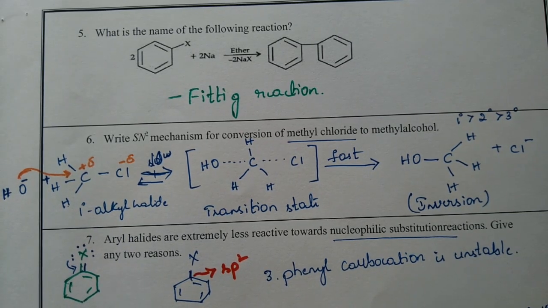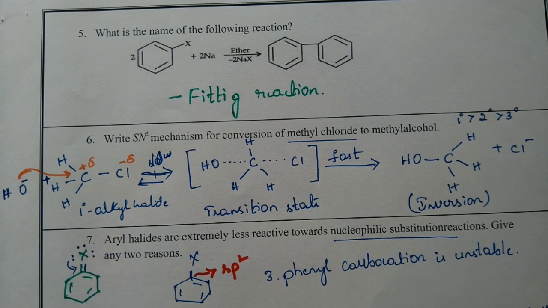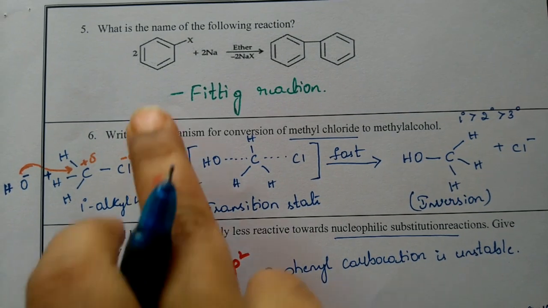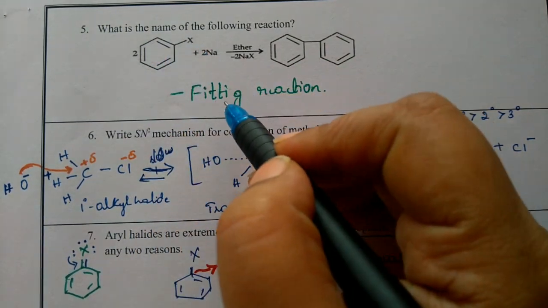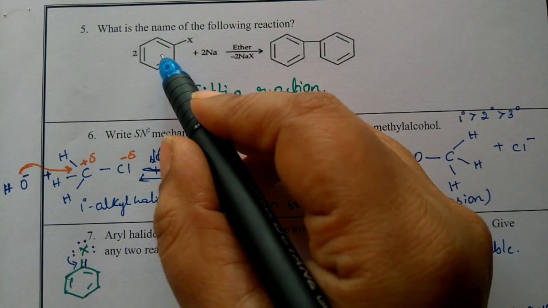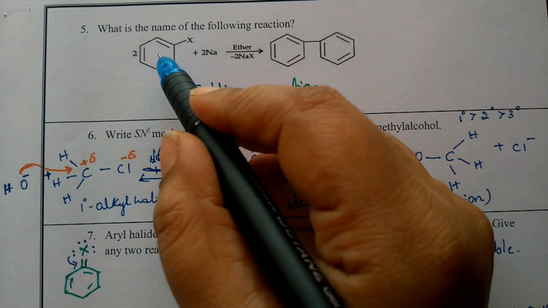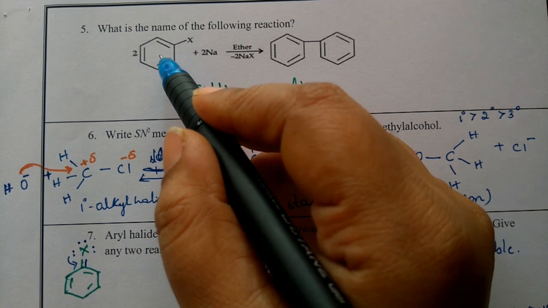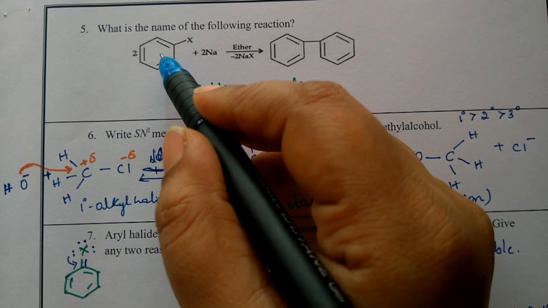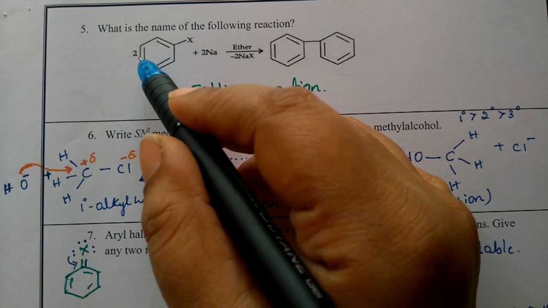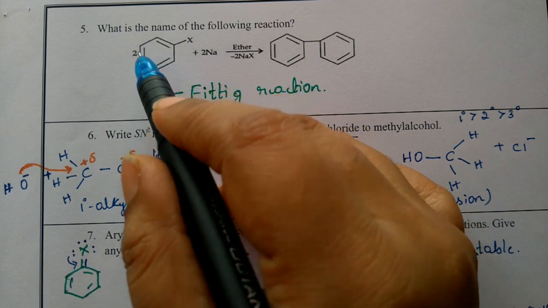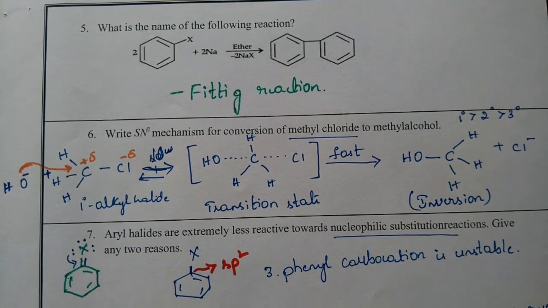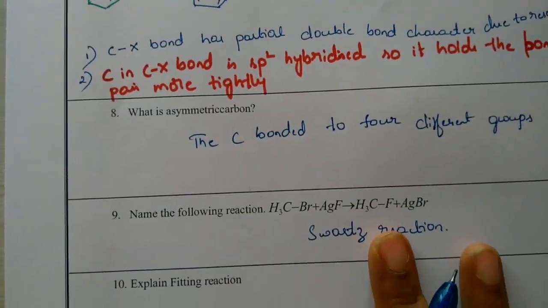The formation of biphenyl or diphenyl or phenylbenzene indicates the reaction is the Fittig reaction. So, very important, here there are three different types of reaction: Wurtz reaction, Fittig reaction, and Wurtz-Fittig reaction. If it is an aryl halide, then it is Fittig. If, in the same reaction, instead of a benzene ring some alkyl group is there, then it is the Wurtz reaction. If we take two molecules, one an alkyl halide and one an aryl halide, then it is the Wurtz-Fittig reaction.